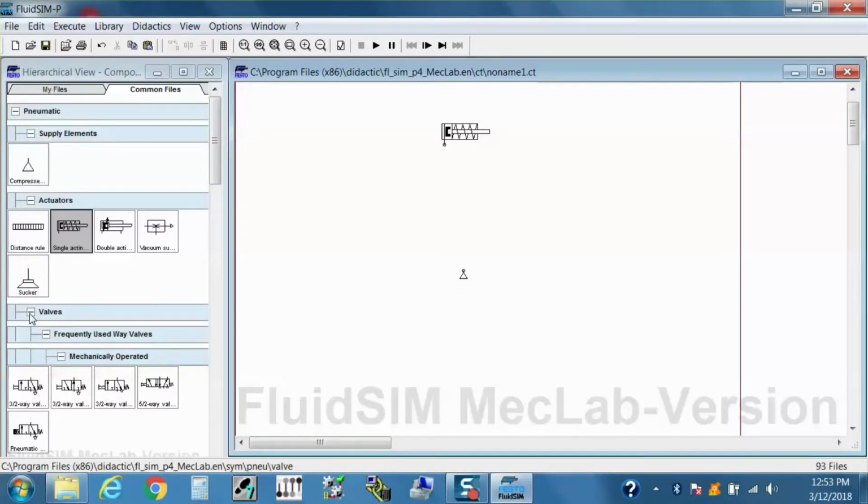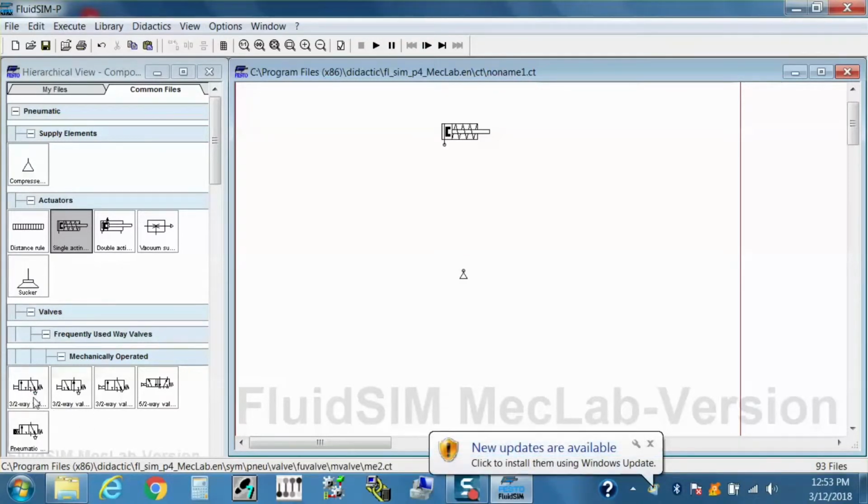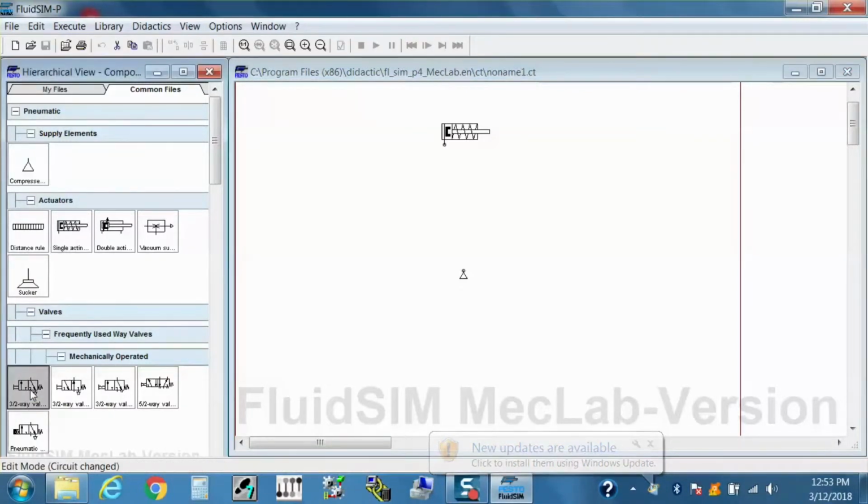So as you see under valves, frequently used valves, mechanically operated, there is a 3-2-way valve with a push button, and as you see, as I highlight over a component, it will give me a description of it. So we'll want that valve. Drag that over,